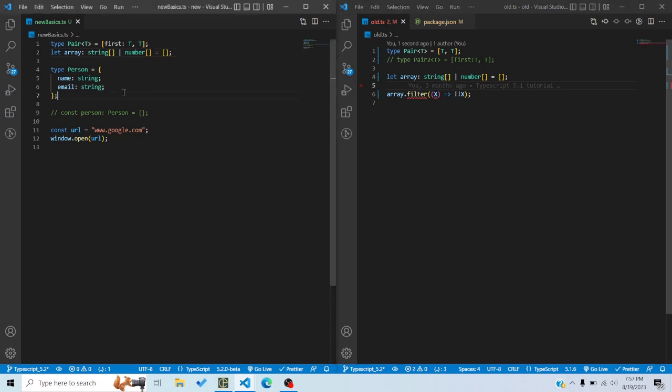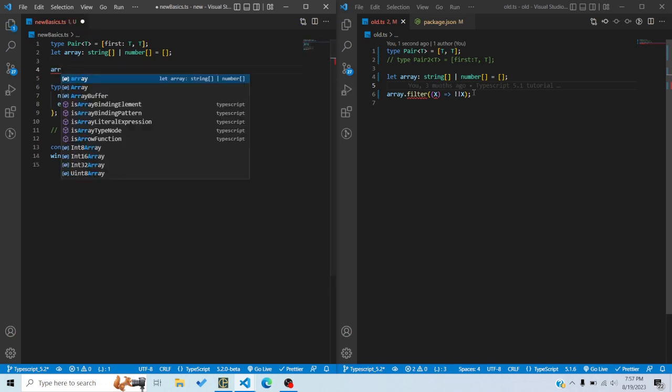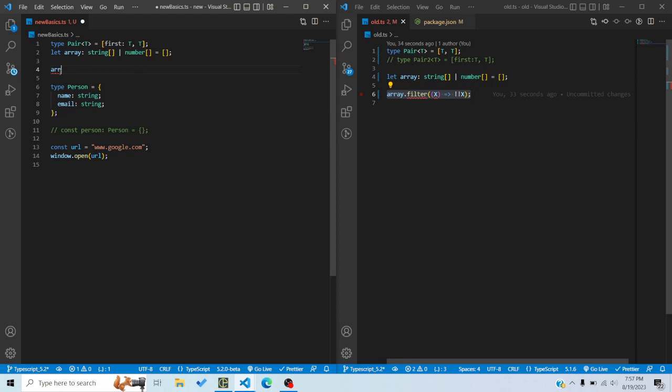But in TypeScript 5.2 you can do that. So if I copy it, it won't give you that error. Now TypeScript knows that the array can be of different types and doesn't bother you. So that's pretty great. Now two more things which are related to